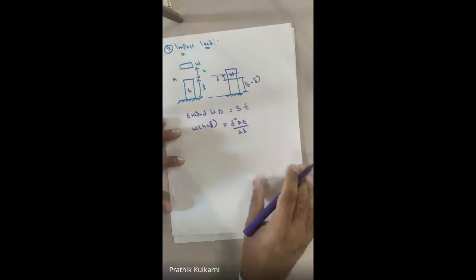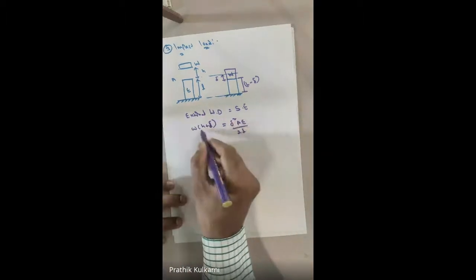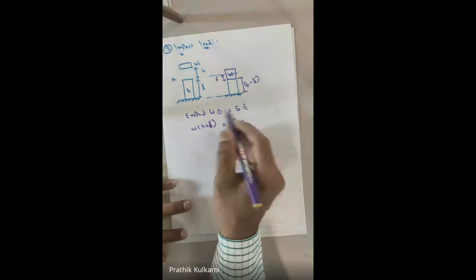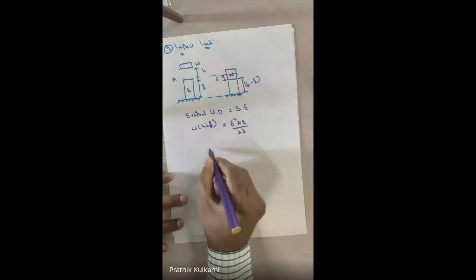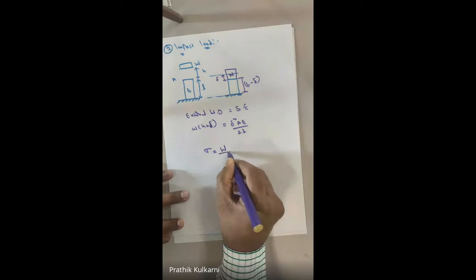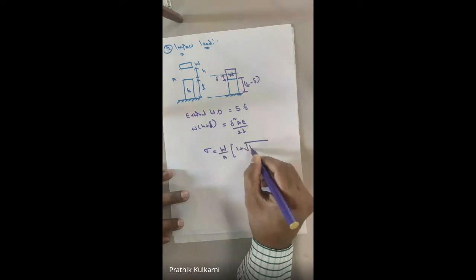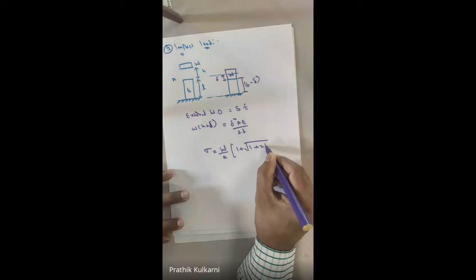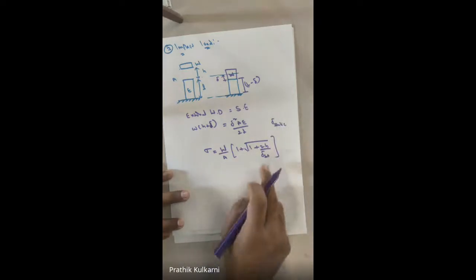And if you just solve this equation, अगर ये यहाँ पे भेज के, it becomes a quadratic equation, ये delta cube हो जाता है ना, fine. You will get an ax square plus bx plus c equation, and from there we will get an equation for sigma, which is equal to W by A into 1 plus square root of 1 plus 2h upon delta static. Here it is delta static. Static का मतलब है हमारा gradually था ना.